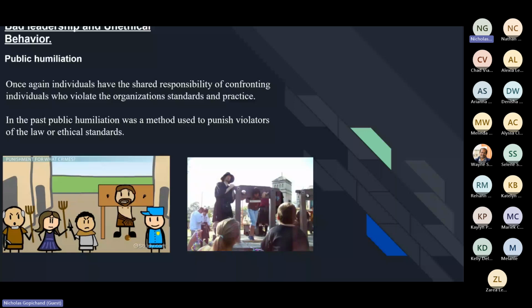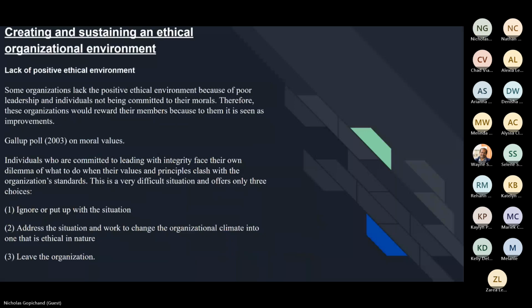Now, this leads to my next point, which is the lack of a positive ethical environment. Some organizations lack a positive ethical environment because of poor leadership or individuals who are not committed to their morals. Therefore, these organizations would reward their members for doing the wrong things, because to them this would be seen as an improvement. And here we would have had a survey done by Gallup in 2003 on moral values